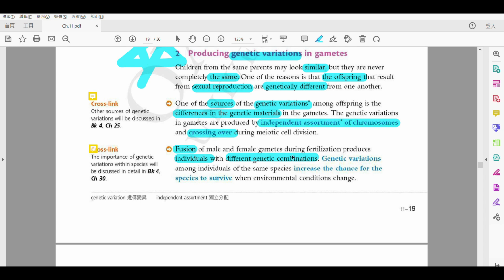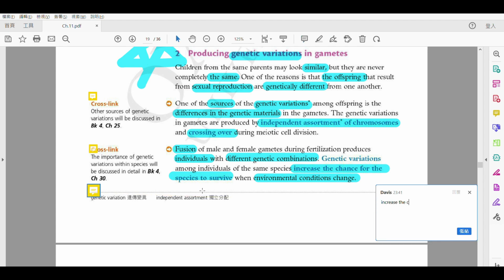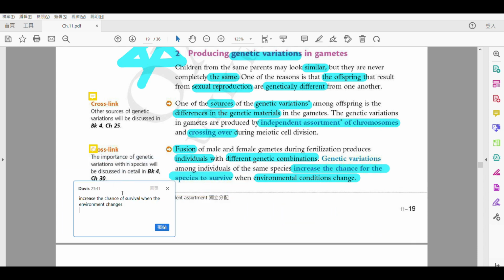Alright, 好啦, but then we need to know what are the benefits. 個好處係啲咩啊？佢哋會increase the chance of survival when the environment changes. 當個環境改變嗰陣時 when the environment changes. Okay, so for example, 俾一個最簡單嘅例子, you will learn about this in book 4. Alright, so way later, 得唔得？有排啊。